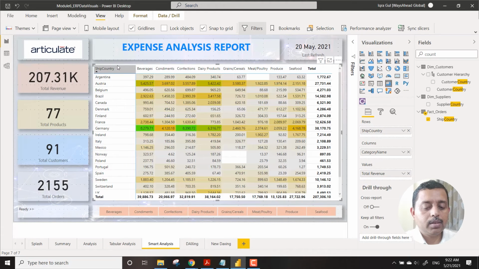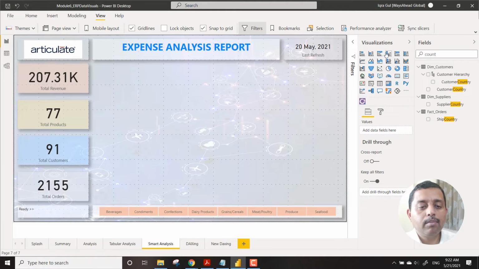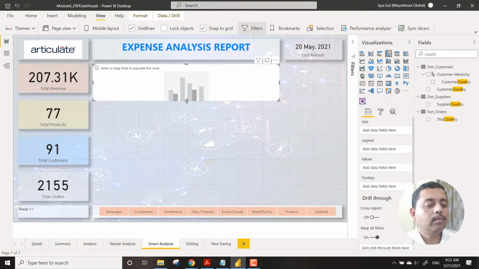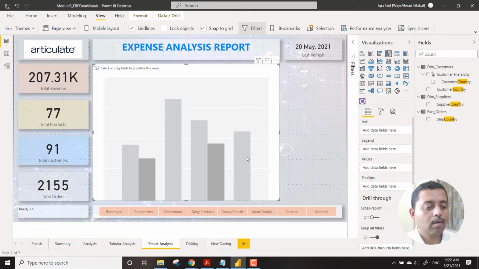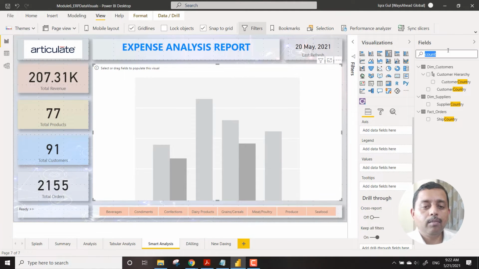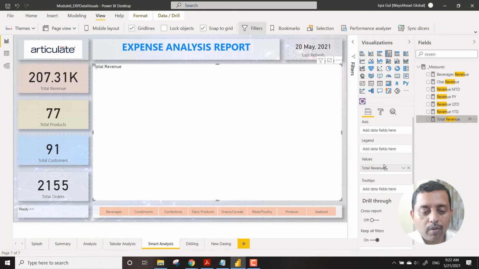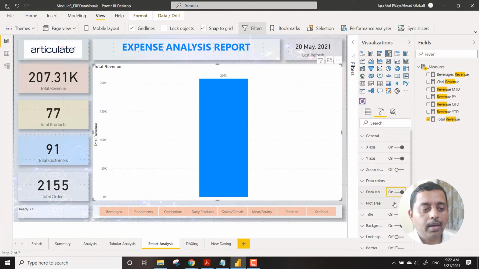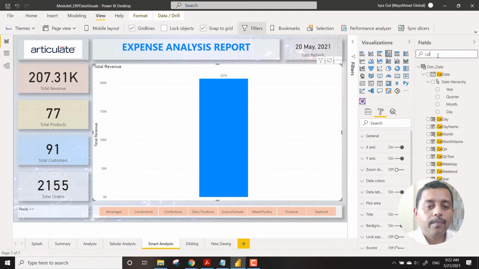We remove this and bring in a simple column chart. This time we will definitely bring in the revenue. We will bring in the revenue over here, and we can bring in the data labels. The data label is here, and we can bring in the calendar.